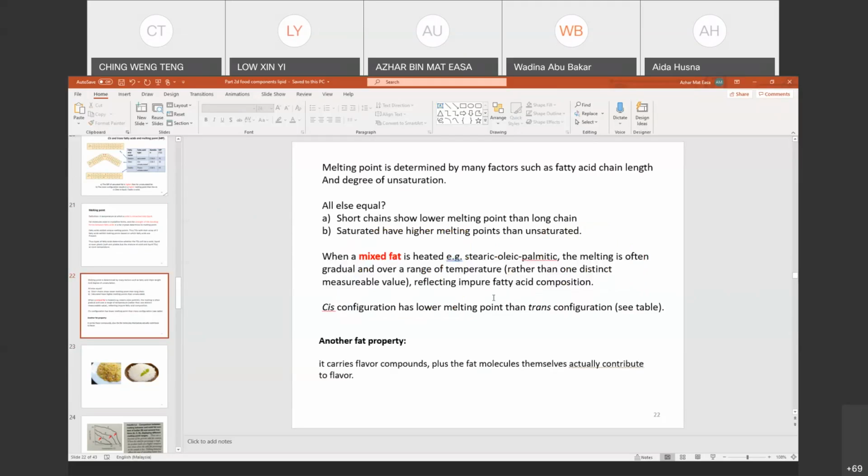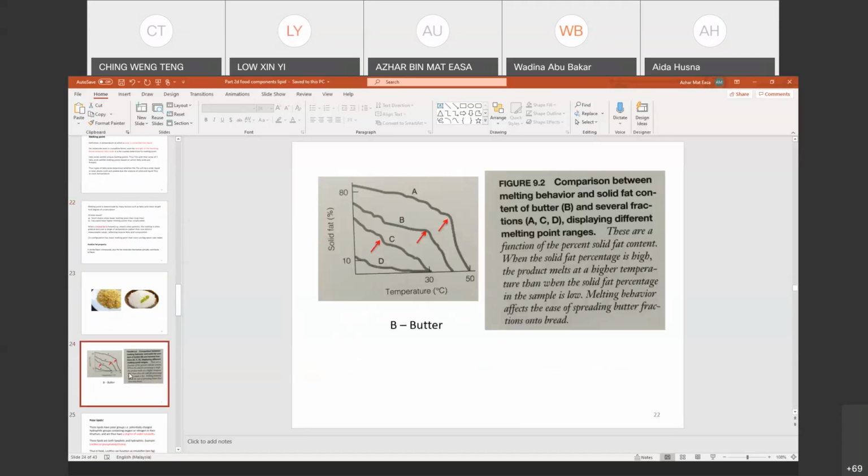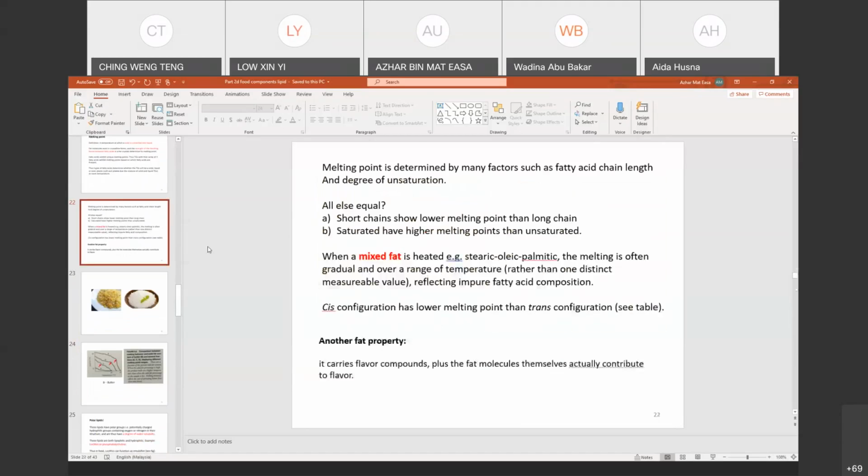the stearic, oleic, palmitic acids, these are 3 different kinds of fatty acids that form a fat. The melting is often gradual and over a range of temperature rather than one distinct measurable value. So you can imagine it's coming down like this. It's coming down over a range of temperature. It's not going down rapidly. It's going to be a range because of that mix of fat,